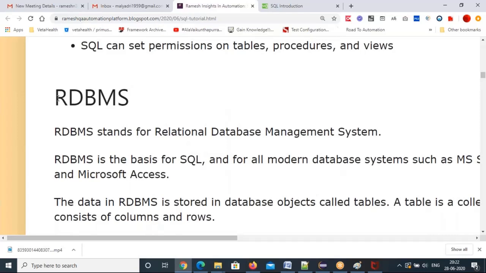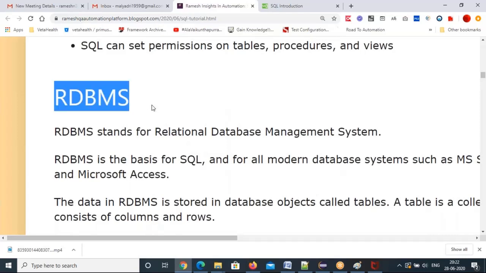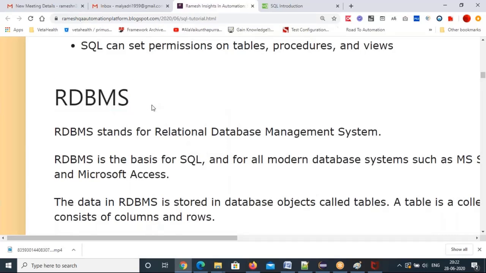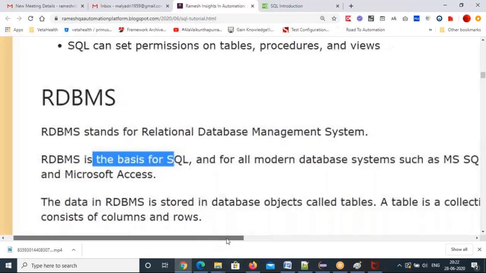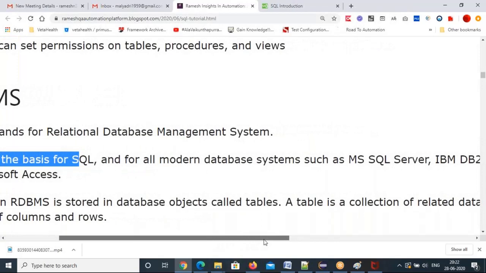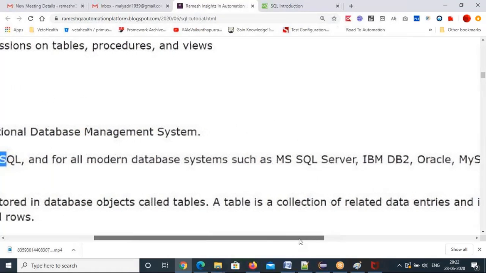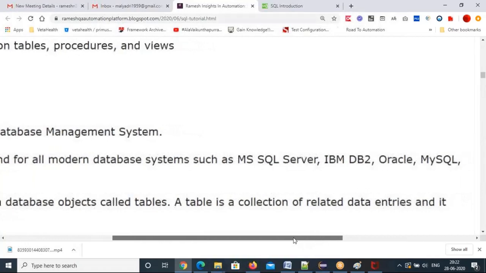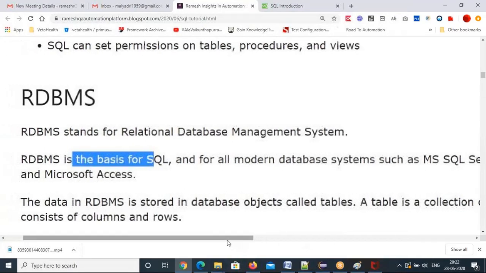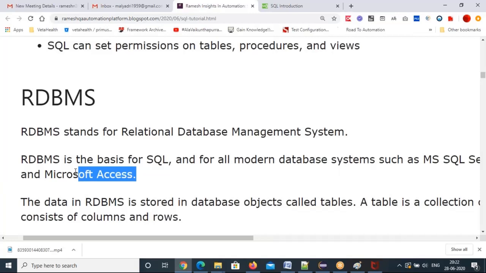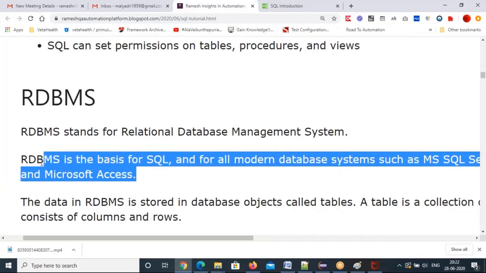And what is RDBMS? I told you RDBMS means Relational Database Management System, and this is the base. RDBMS is the basis for SQL and for all modern database systems like MS Access, Microsoft SQL Server, IBM DB2, Oracle, MySQL, Postgres. These are all different database types.